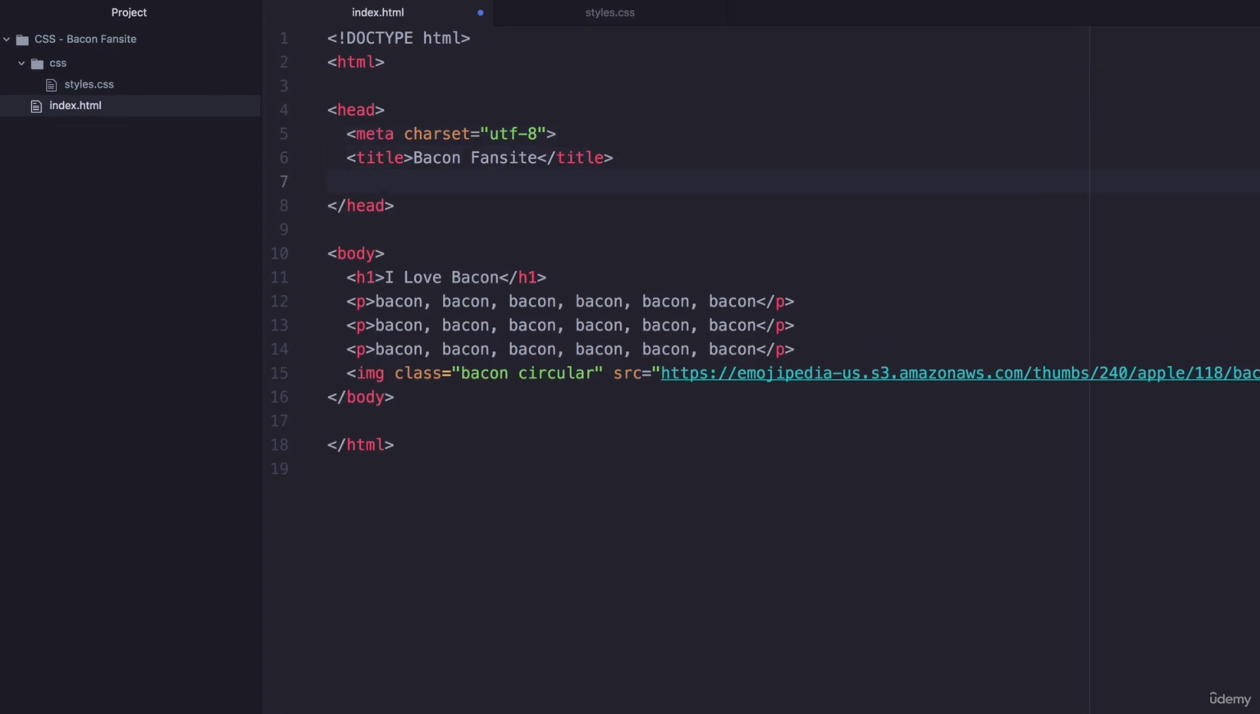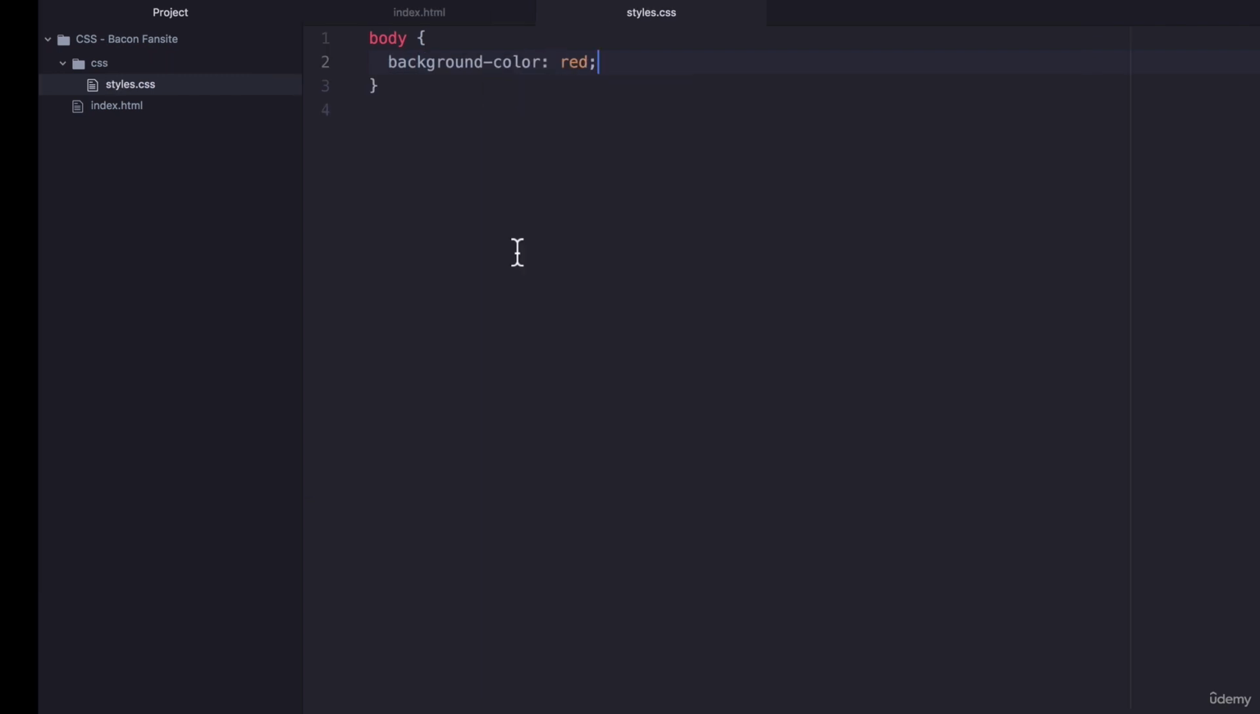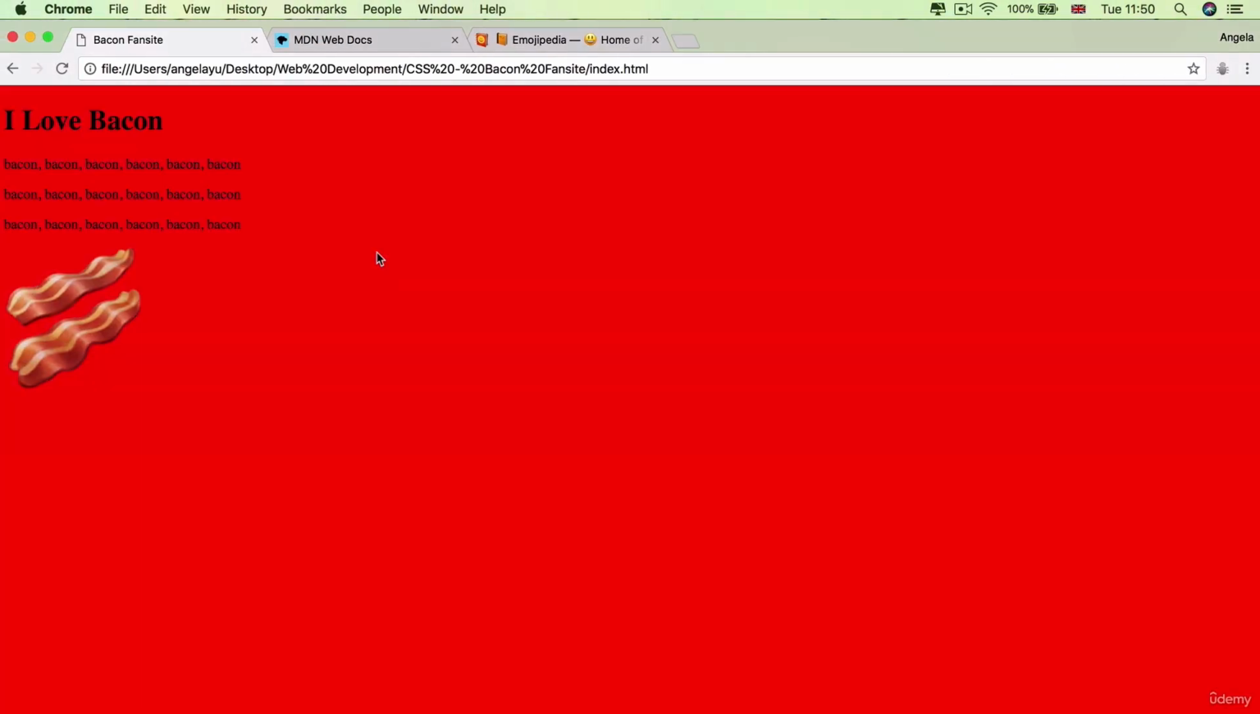So I can go inside the head of this website and insert a link that has a relationship of stylesheet, and the href is css/styles.css. So now if I hit save, I can check to make sure that it's actually been linked up by tapping into the body, changing the background color, which we've done before, and let's just change it to red. Let's go ahead and save everything, hit refresh,